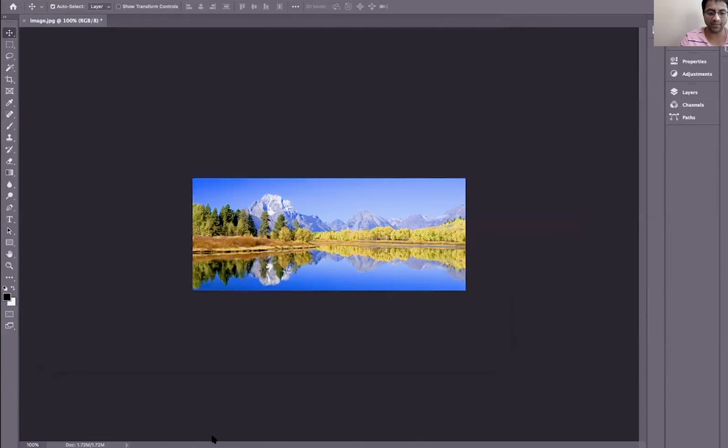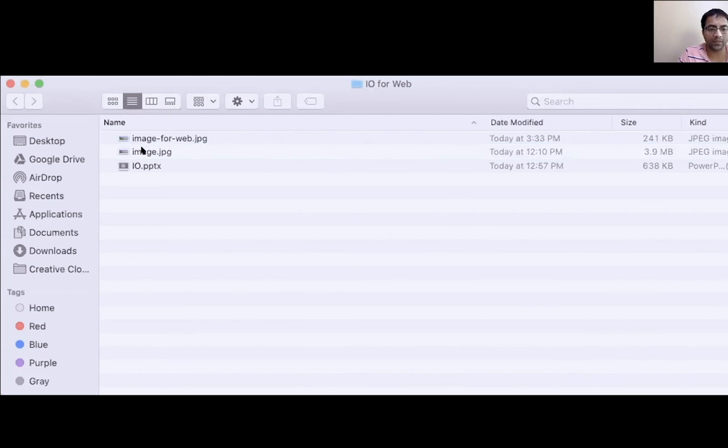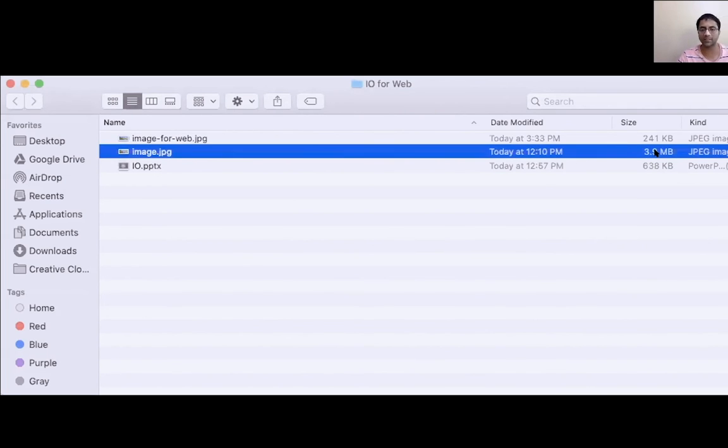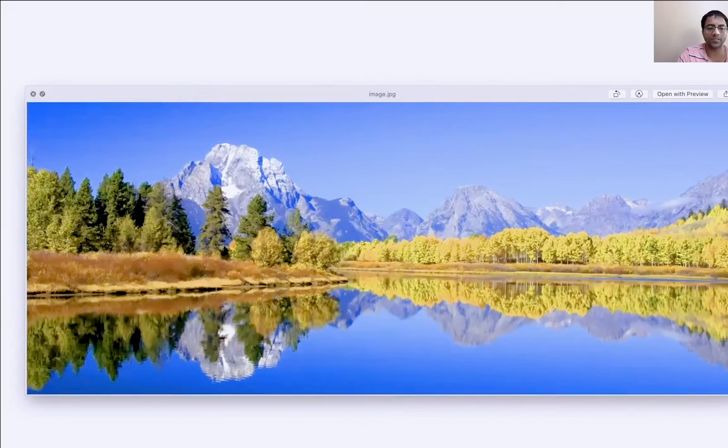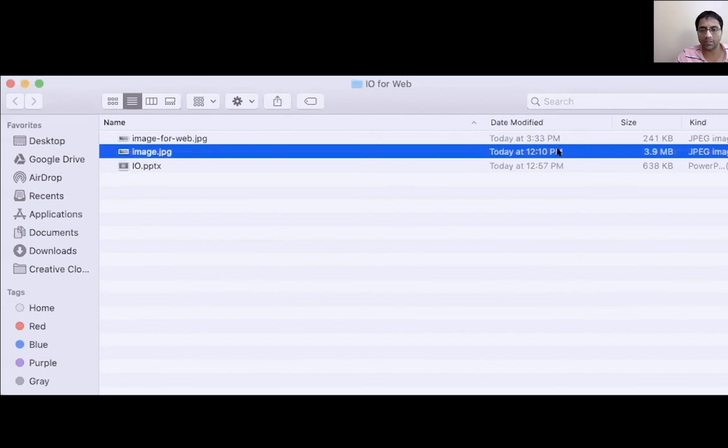So now that's done. I can go to my stop sharing, share my Finder so you can actually see that Finder. If you look at it, this is my original image that has 3.9 MB. Again, it's a JPEG. When I downloaded it into Photoshop, it actually read it with all these pixels, which is the reason why you got 11 megabytes in there. But this is the original image